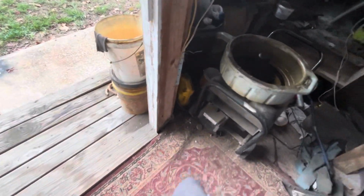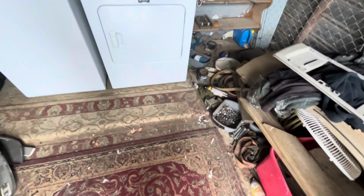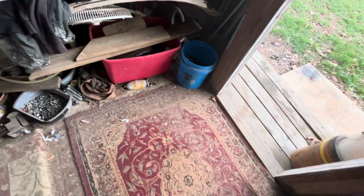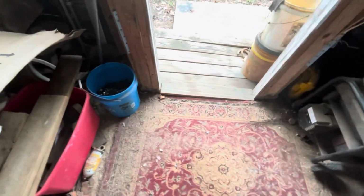Floor right here, there's no floor under there. I got a piece of wood right here to kind of brace it, but right here, soft. Like I showed you, this is all this shoddy particle wood. Right here, I don't even want to jump hard right here because I bet it'll fall through. This rug right here is the only thing saving me probably. And right here, that's solid as concrete. That's probably a post right there. And then